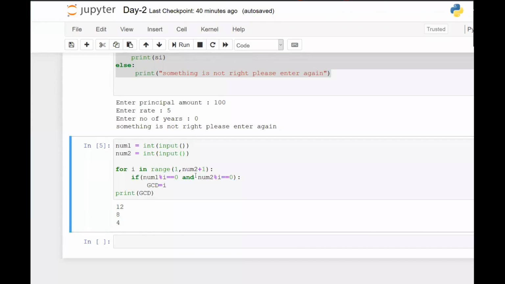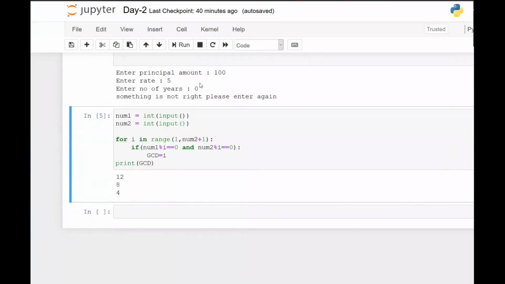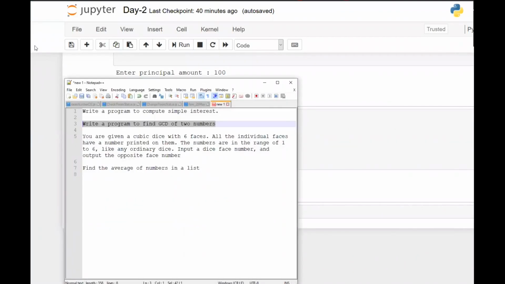Okay, perfect. So you have understood this. I hope every one of you has understood the second problem. The third problem is a simple problem. It is if then else. All you need to understand is that the sum of numbers on the opposite sides of the faces is going to be 7. That is all you need to handle. So whatever number is given as input by the user, you just need to subtract it from 7 and you will get the answer. I hope that there are no issues with this question.